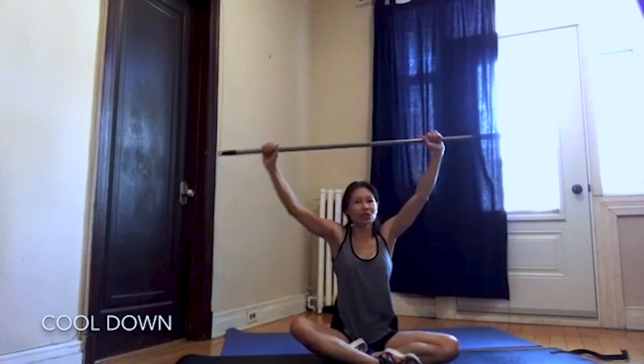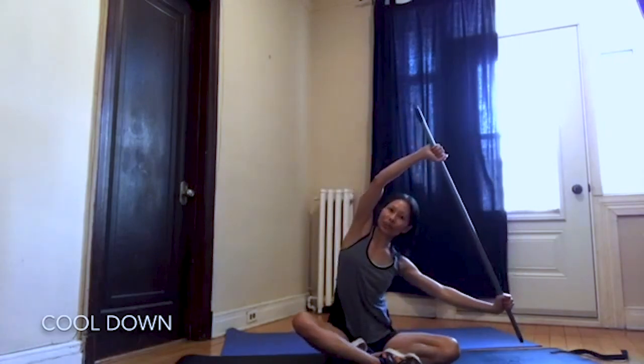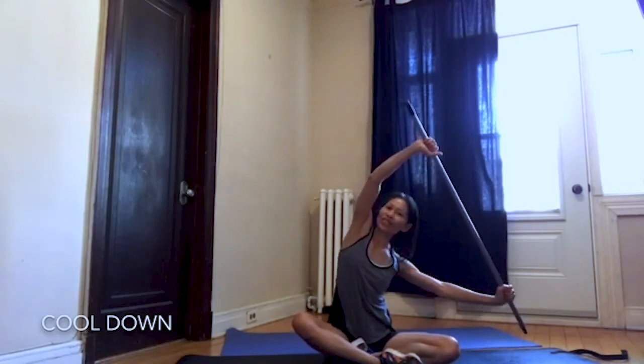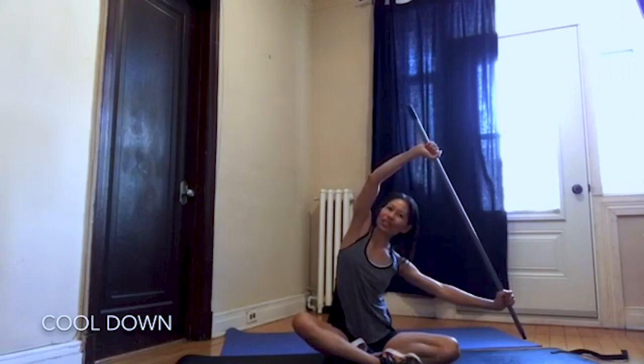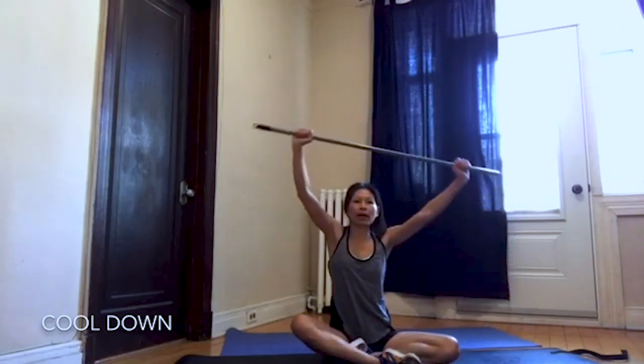And inhale back to center. And exhale down the opposite side. So you're sort of pulling down and pulling up, two opposite directions. Nice stretch. And back up. From here,